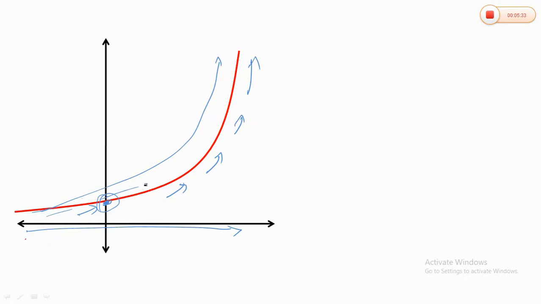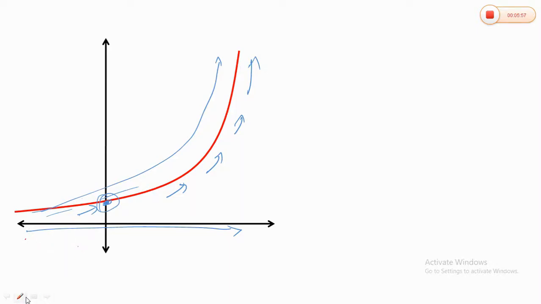You simply have to remember that. The exponential function is an ever increasing function: when you move from left to right, the value of y increases, the domain is the real numbers, and the range is always the positive real numbers. These are the facts you must remember regarding the exponential function.